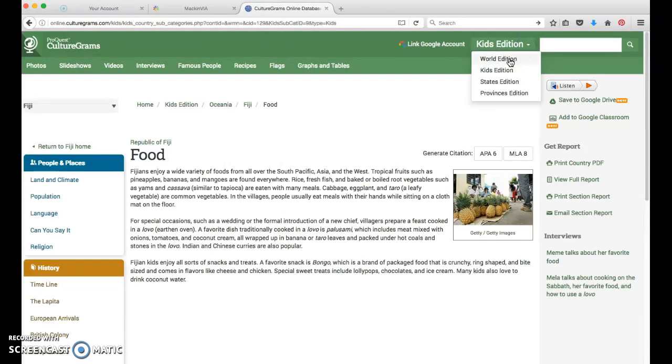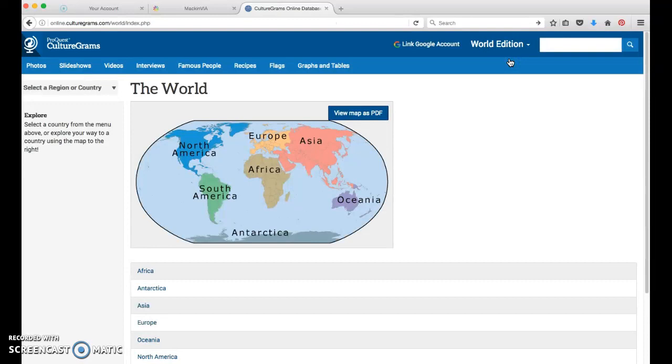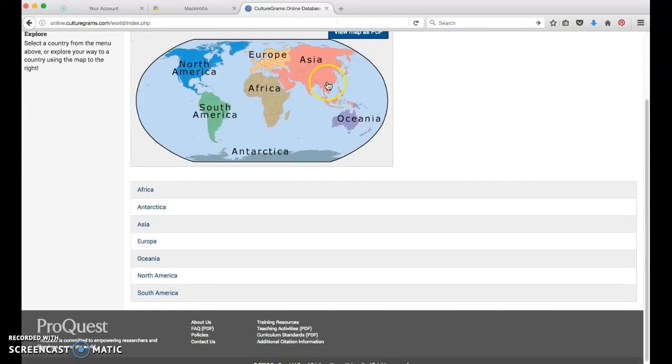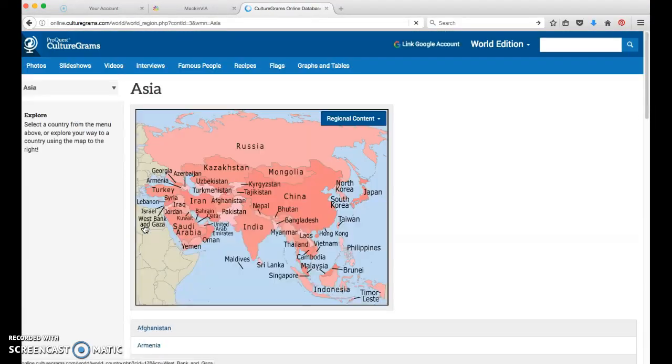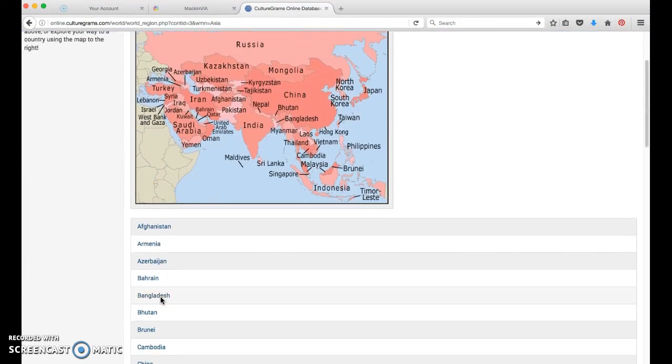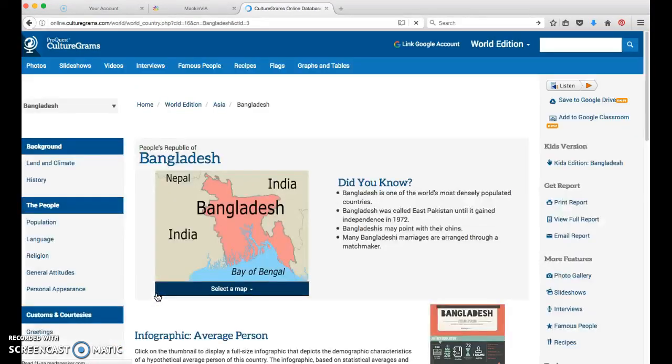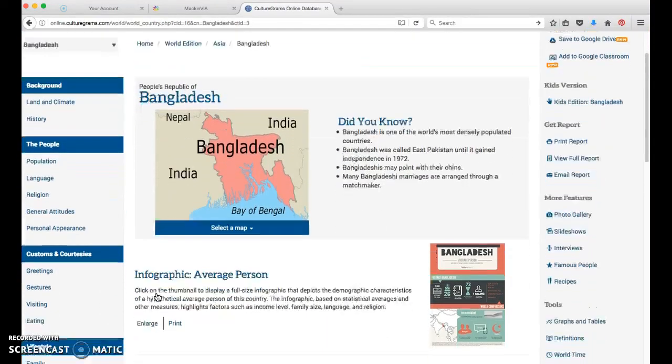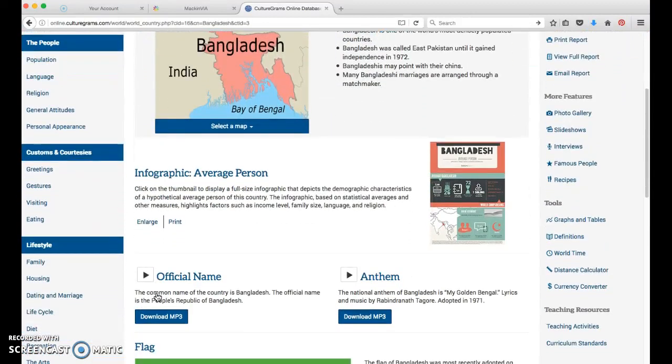And if you switch over to the World Edition, teachers can use this to find tidbits and infographics about food, greetings, family life, holidays. Here's an example of an infographic that you could download. And holidays, there's a whole lot of information in here. So then, if you click out of there,